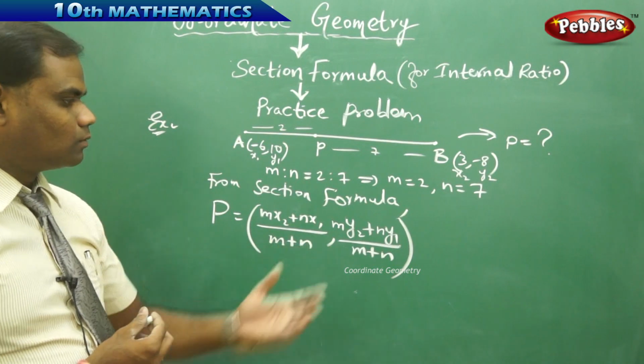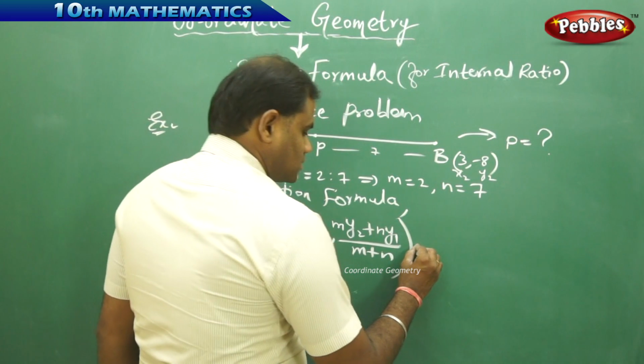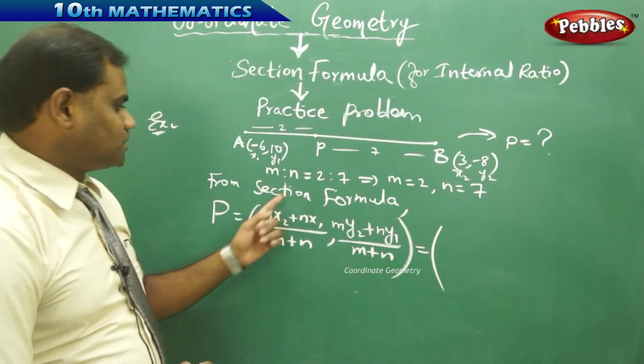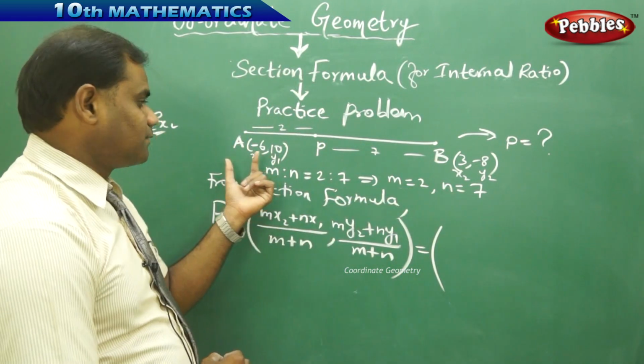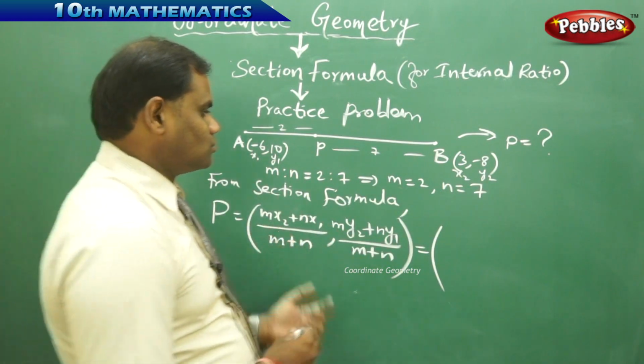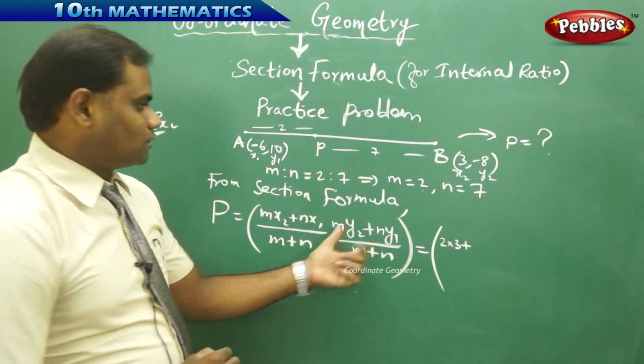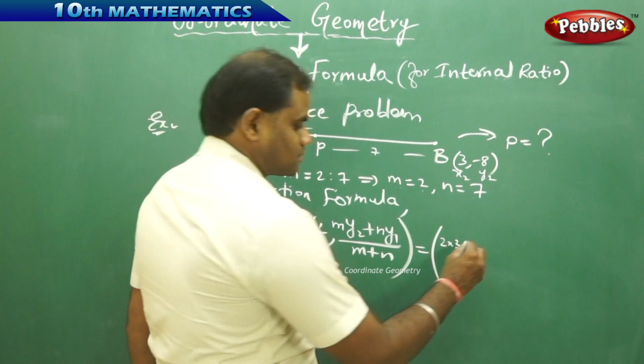So let's see how we can get the coordinates using this formula. Clearly I have m as 2 and n as 7, and x1, y1 and x2, y2 are also given. Therefore mx2 will be 2 times 3 plus nx1, which is 7 times -6,